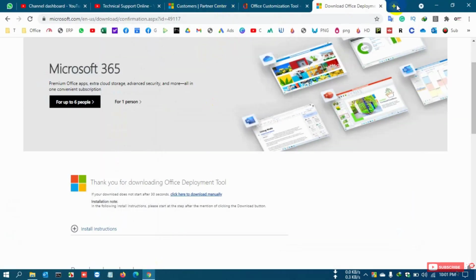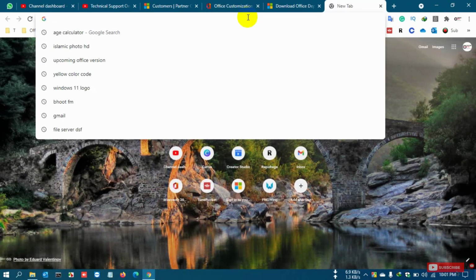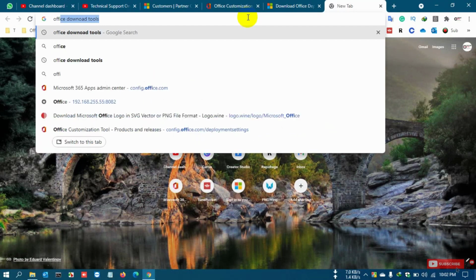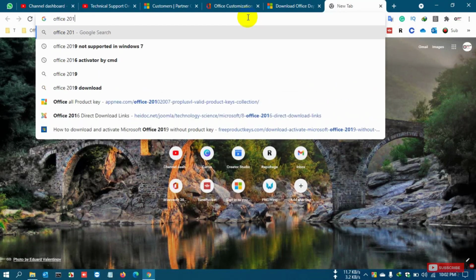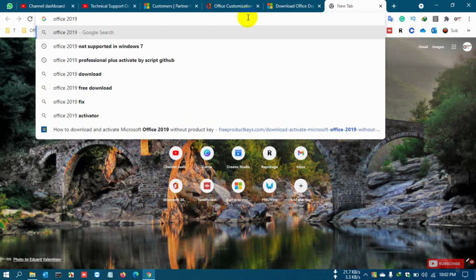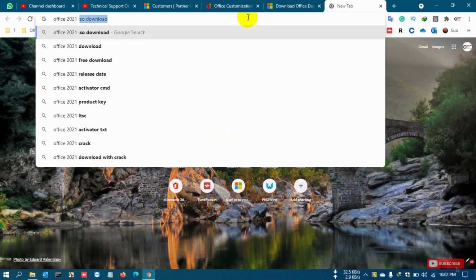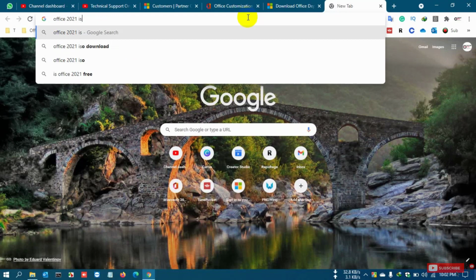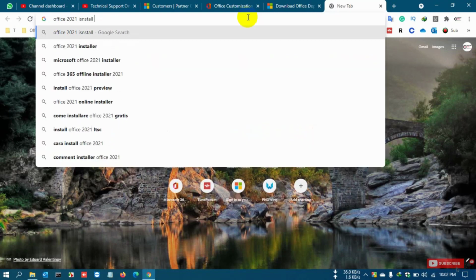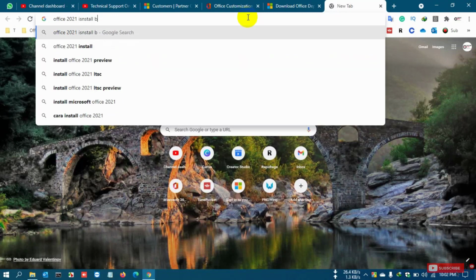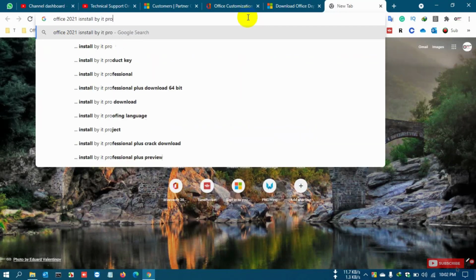So now you need to search Office 2019 or 21 install by IT Pro.